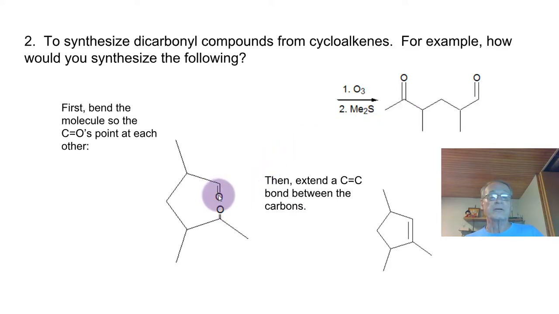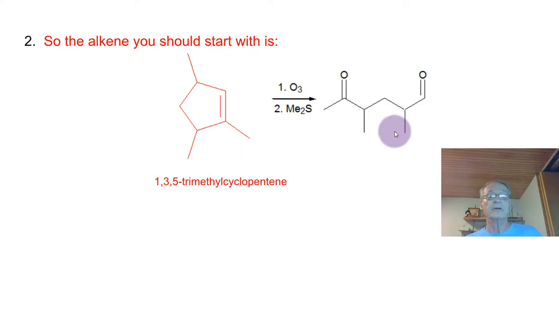And then I'm just going to put my finger over those two oxygens or erase them or somehow extend that double bond between those two carbons. That becomes that one. And so this must be the original alkene that this came from. And there it is. This would be 1,3,5-trimethylcyclopentene. So it's carbon number 1, 2, 3, 4, and 5. 1,3,5-trimethylcyclopentene. And if you break it right there, you would in fact get that molecule. So the quiz question would be, if you wanted to make this